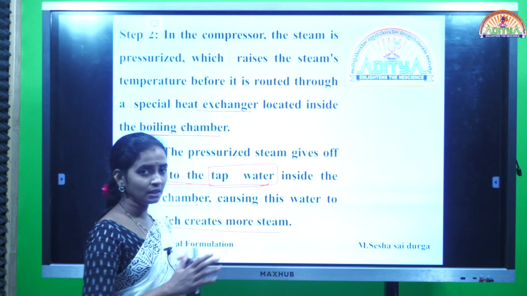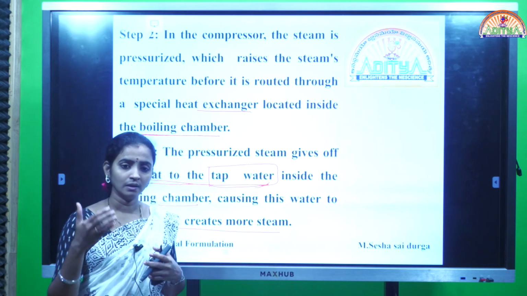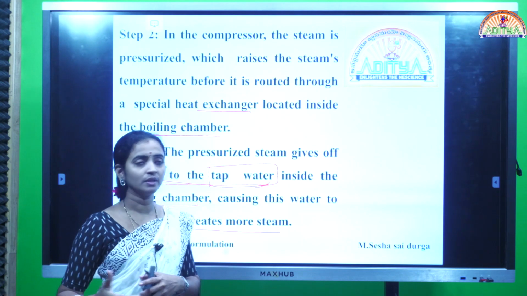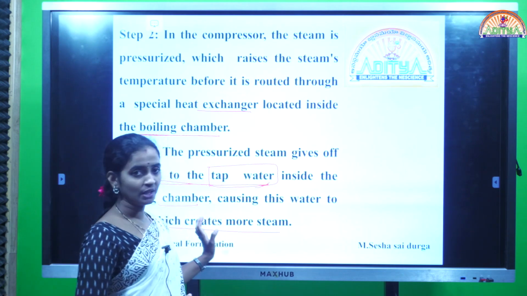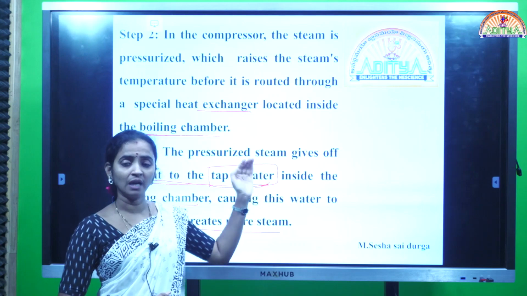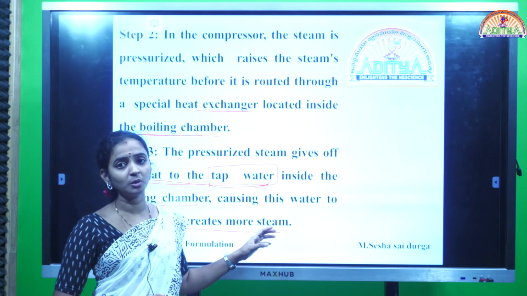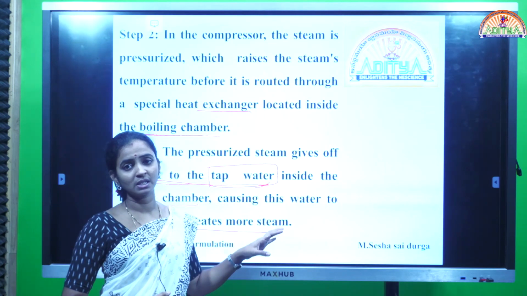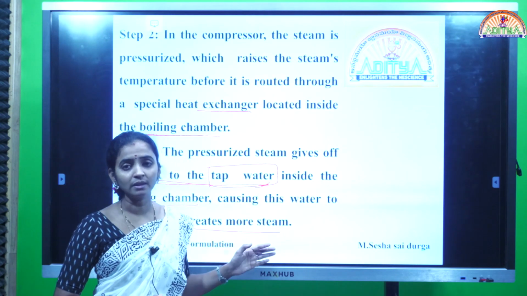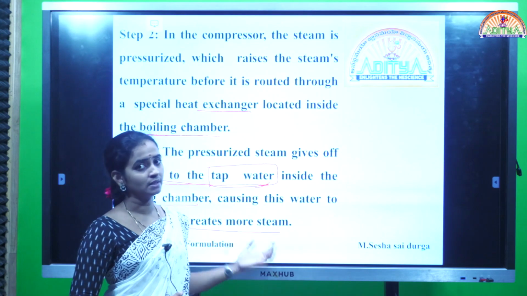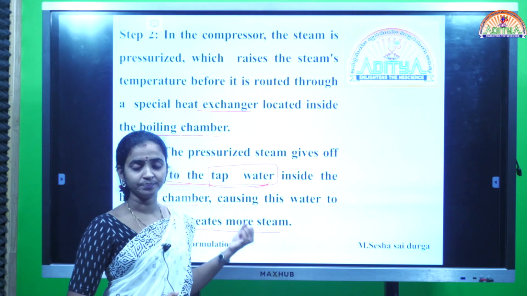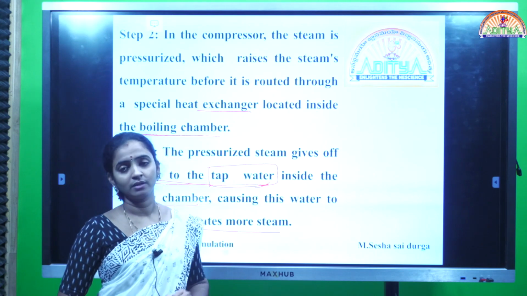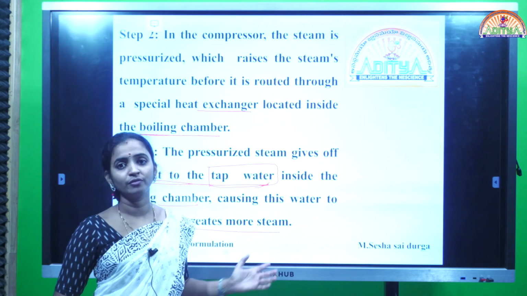So this is a continuous automatic process, switching all of those heating coils on and off. First of all, boiling of the water, next compression, after that again the tap water will be boiled, and in the fourth step the tap water which is forming the steam will be converted into condensed liquid. Finally, this condensed liquid that we collect is what we use in the preparation of parenteral products. This is nothing but water for injection.